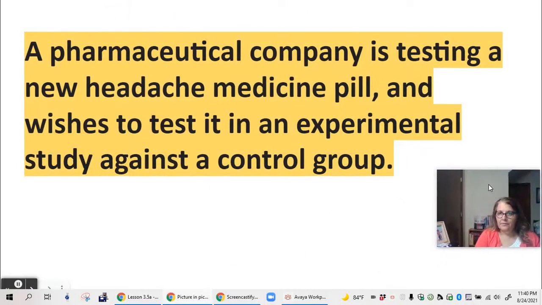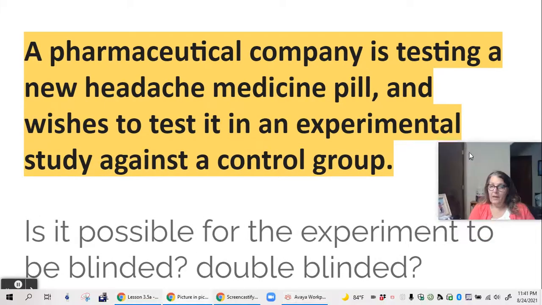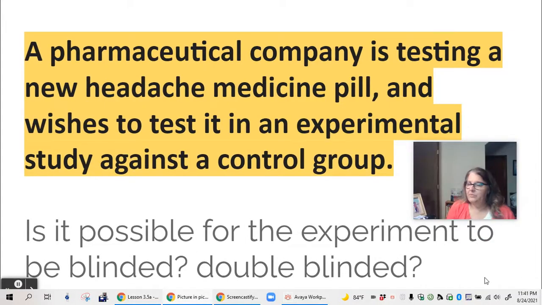here are some examples. A pharmaceutical company is testing a new headache medicine pill and wishes to test it in an experimental study against a control group. So, is it possible for the experiment to be blinded or double blinded? I would say probably yes. If you're trying a headache medicine, if you know you're getting the real thing versus, once again, a sugar pill,